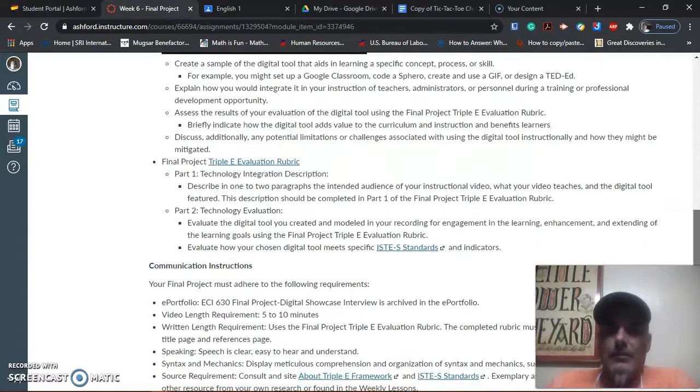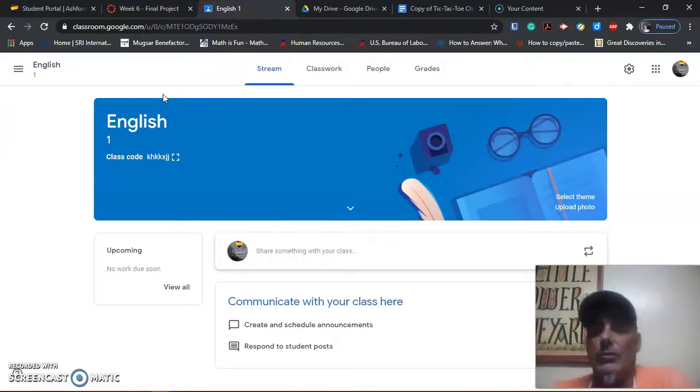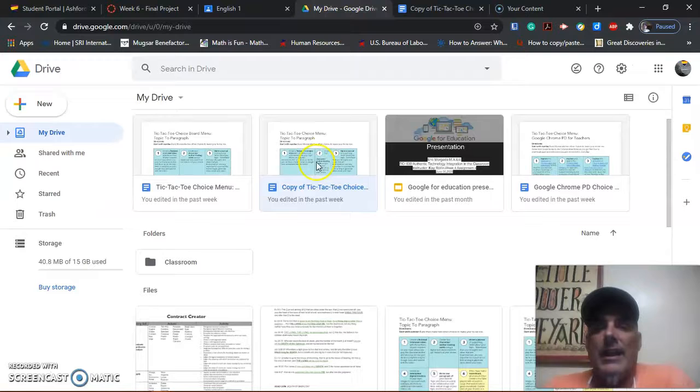And for this, I have created a sample of a digital tool that aids in learning a specific concept, process, or skill. If I click on to Google Classroom, I have here a pseudo course, English one, where the idea is I'm going to have students learning how to research a topic and then compose a paragraph on that topic. And to do that, I have created a digital